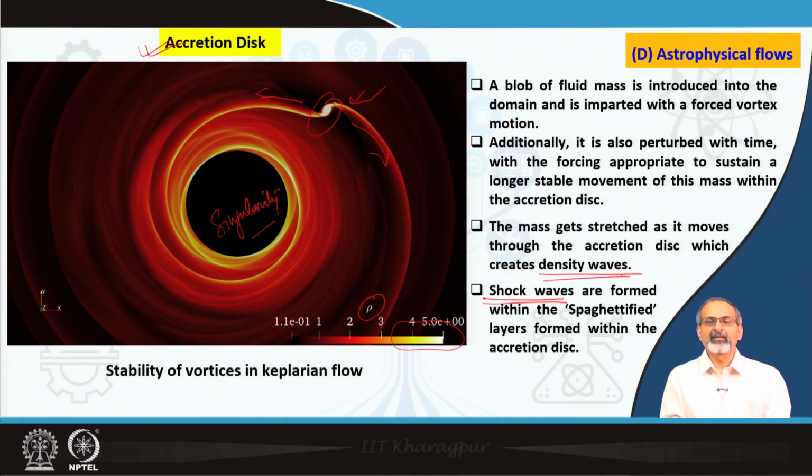So, this is a typical, again somewhat simplified modeling of an accretion disk. A number of effects have not been modeled, but broadly some of the major effects are visible in this simulation. So, these are some applications which cater to astrophysical kinds of flows,